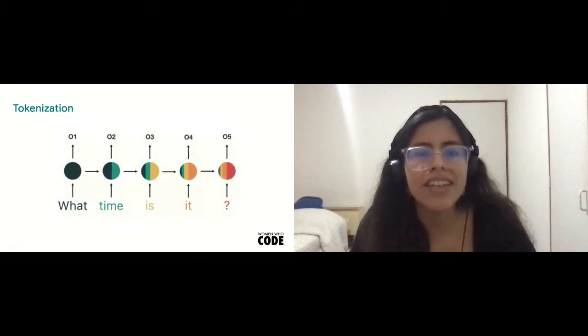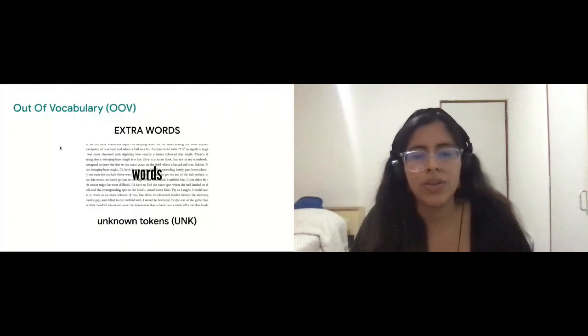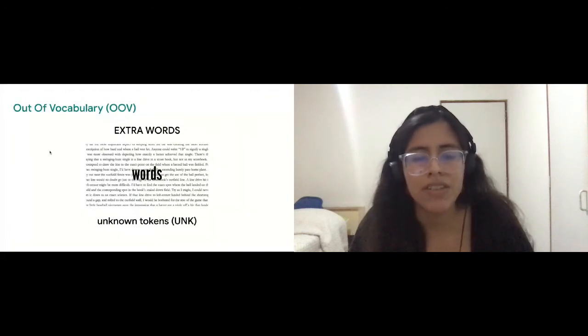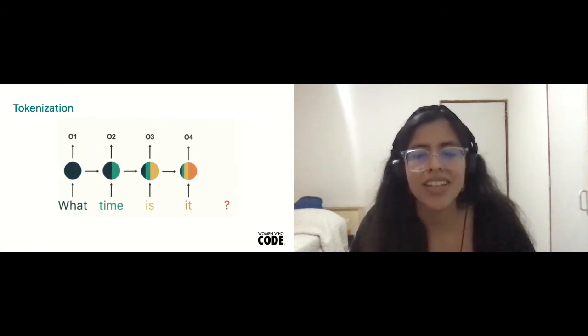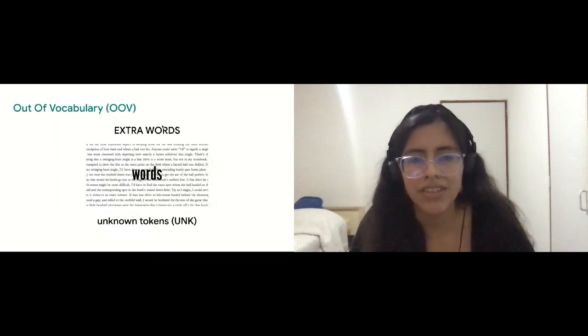Each word can have a number, and then we connect it with each sentence, for sequences of words. So the next concept is out of vocabulary, or OOV. If you have other words in your corpus that are new words, in that example of tokenization that do not have a number, with code you can assign an UNK, or unknown token, for those extra words you can find.